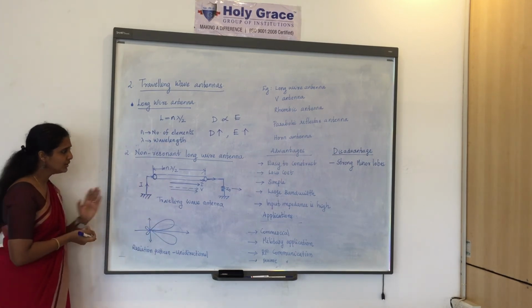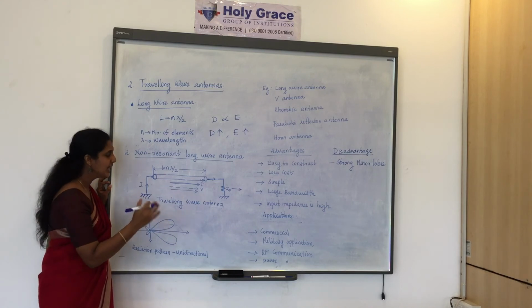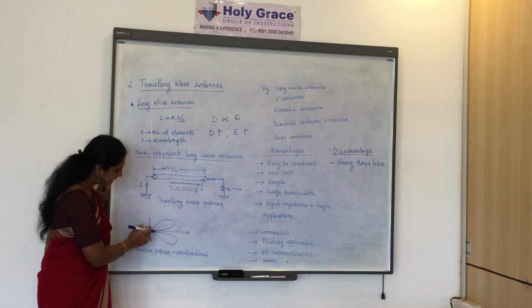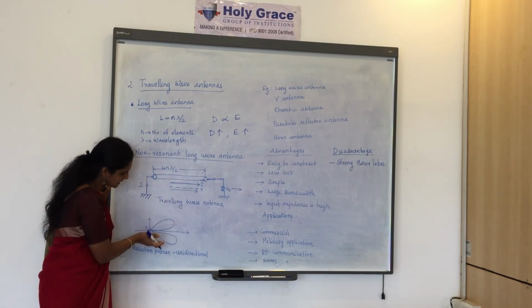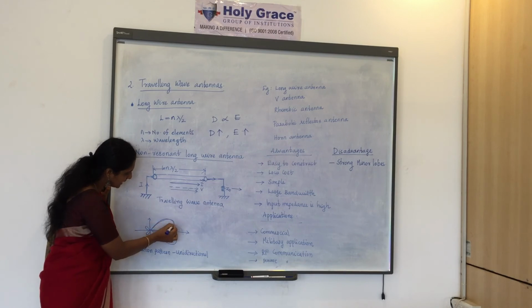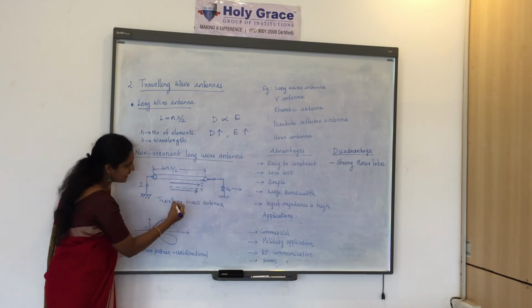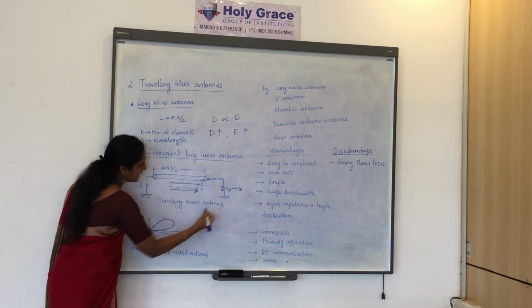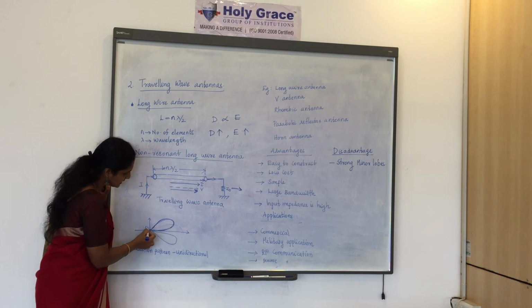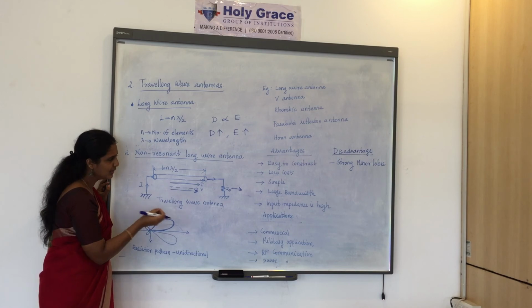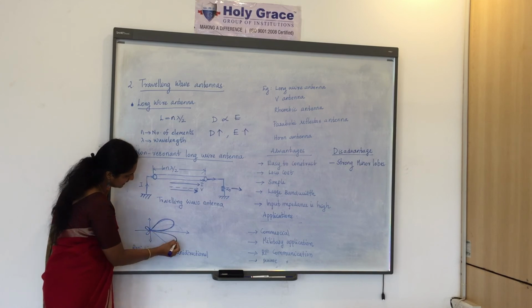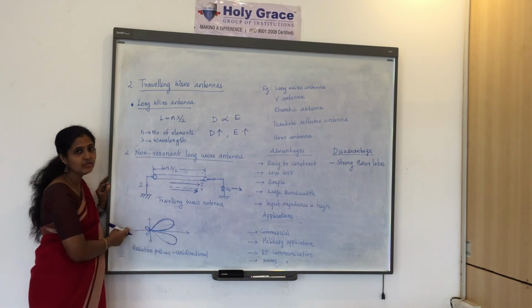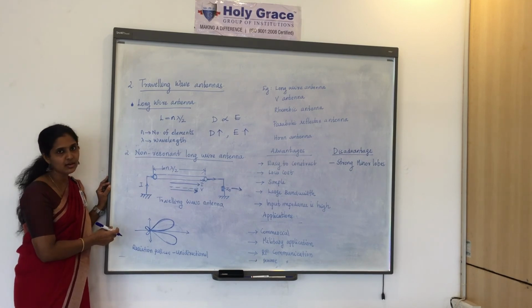Due to this, there are no reflected waves. That is why the radiation pattern will be like this. This is the upper end, and this lower end is the mirror image of this one. This one is the major lobe, that is the incoming wave. That incoming wave goes outside as radiation. These are the minor side lobes, due to minor leakages. Then the mirror image of this one is here. So this is the radiation pattern of the traveling wave antenna, that is, the non-resonant long wire antenna.